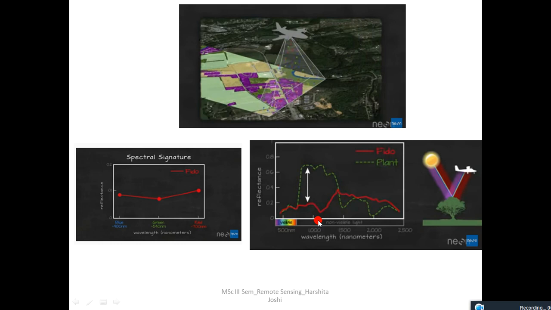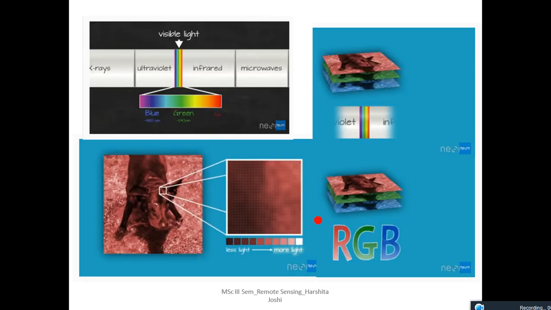Likewise, when we are studying the topography, we should use the wavelength of the microwave or the radar's wavelength. So till now we tried to understand what different bands are. If we take an image in a particular band like shown here, this is the image taken in a red